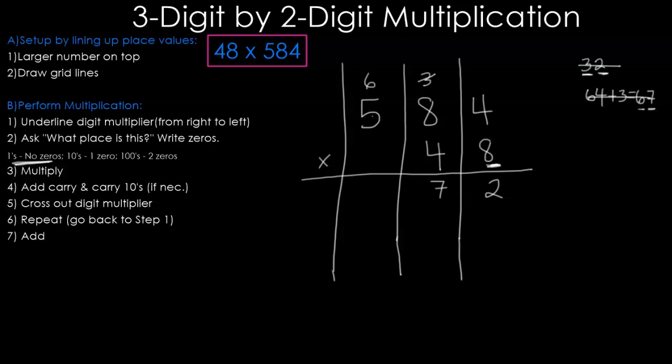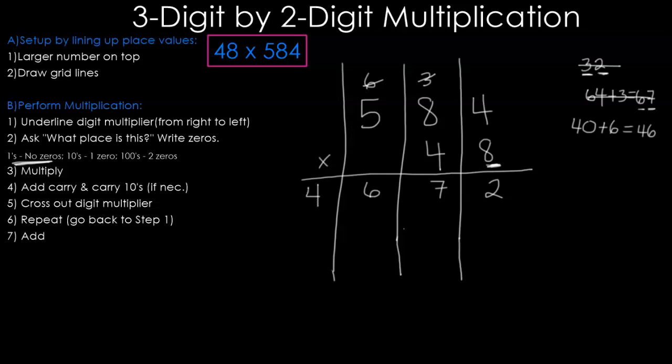Now, 8 times 5 is what? 40. Do we have any carries to add? Yeah, there's a 6 up there. So we're going to write it, we cross it out. 40 plus 6 is what? 46. Do we need to carry the tens? Yep. Write the ones, carry the tens. Oh, guess what? There's nothing up here that we need to carry it to, so it just falls right down